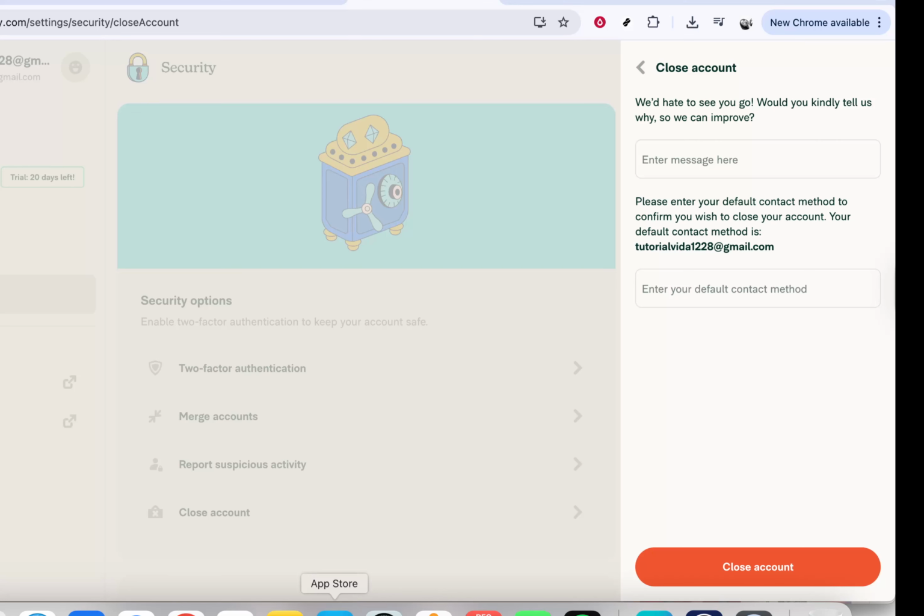There may be a field asking for a reason why you're closing your account, along with any additional comments. Fill in these fields honestly and clearly. If there is a confirmation box or checkbox indicating that you understand the consequences of closing your account, make sure to tick that as well. Once all required details are completed and you're absolutely sure you want to proceed, look for the final Close Account button on this page. Click on Close Account to